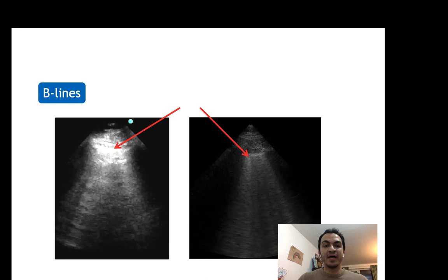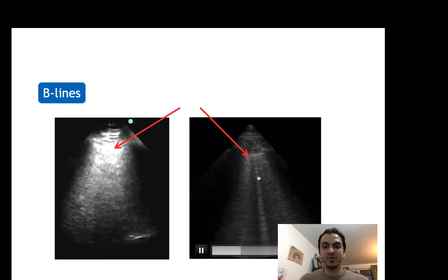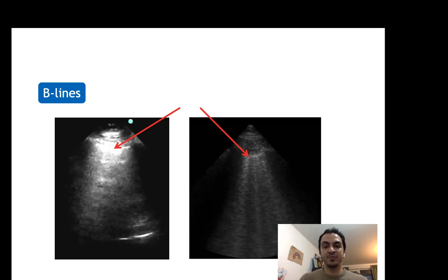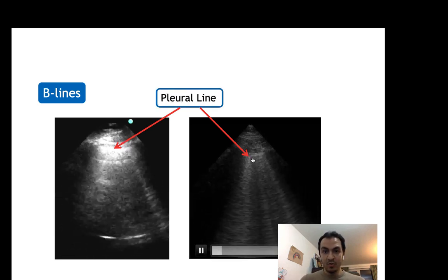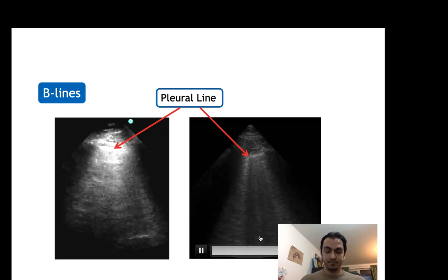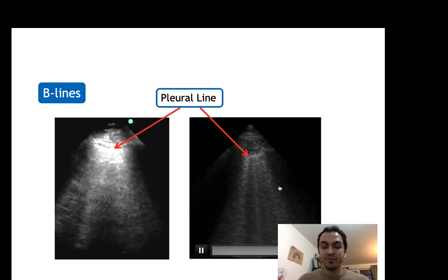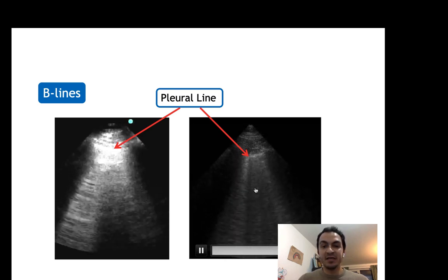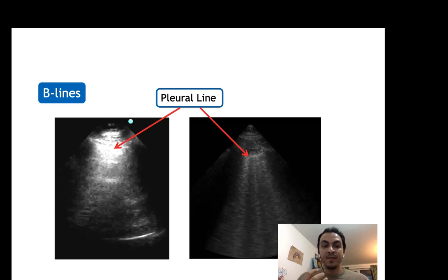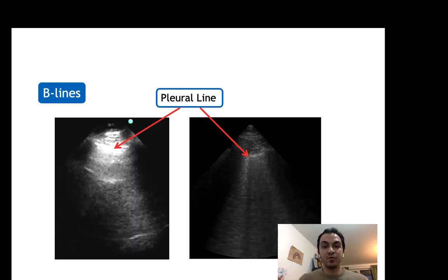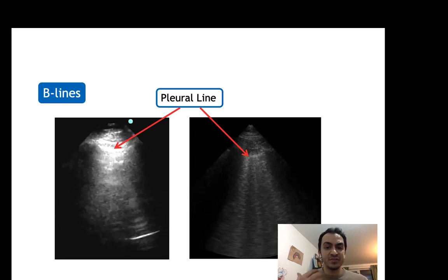And again, when I got these B lines, I have to use the low frequency transducer, whether the cardiac or the curvilinear probe. Again, you will see the B lines extending from the pleural line all the way until the far field. And you will see them moving with respiration. And you can also detect the amount of extravascular lung water by looking at the degree of B lines. So in the B lines, when they start initially,